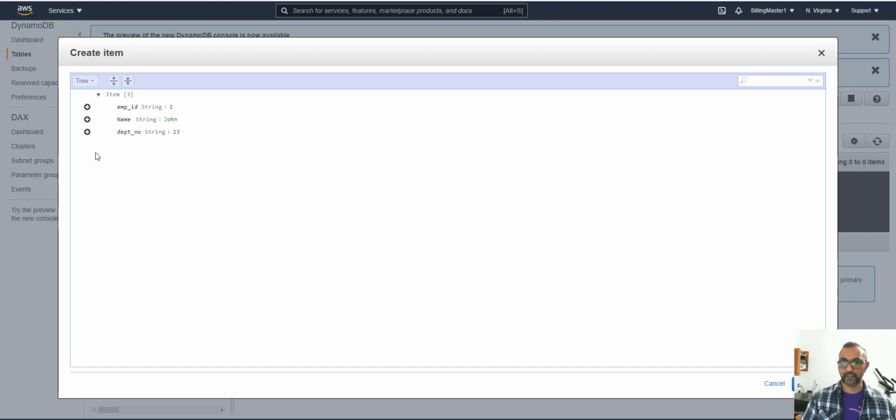You can add an address which is of type map.